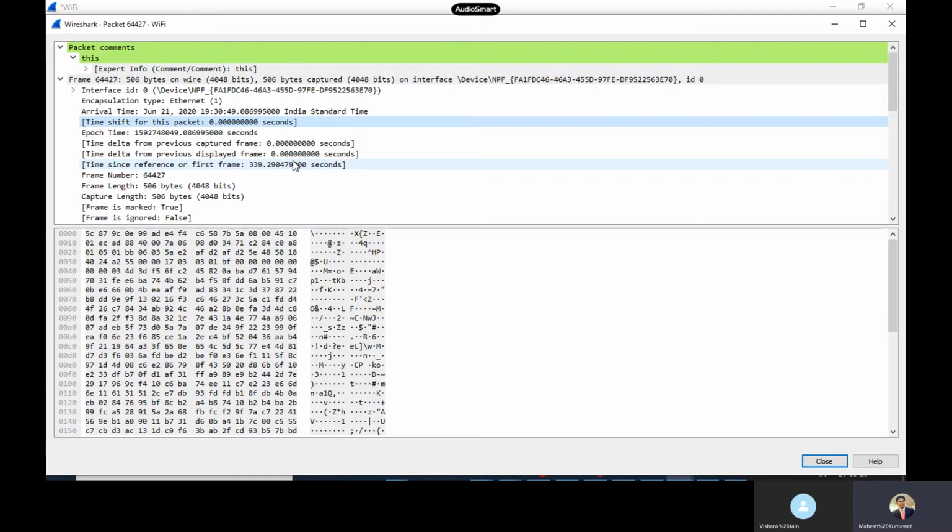Suppose this packet is blacklisted. Suppose this packet is discarded in your firewall. So what is the reason behind it? It was discarded from the firewall. So you will have to export the packet from the firewall and open this file in Wireshark, and then check the packets to see what is going on in the packet. This is what the firewall engineer, the security professional engineer, is going to do.